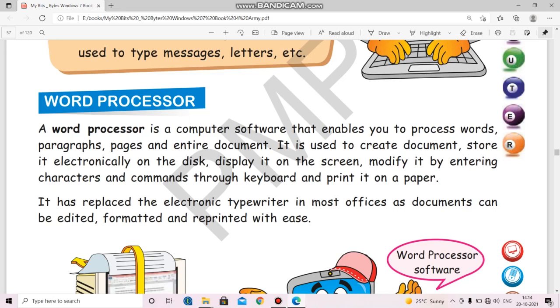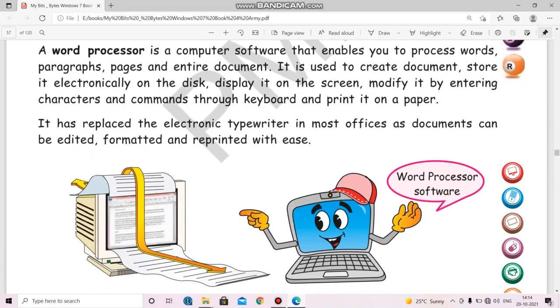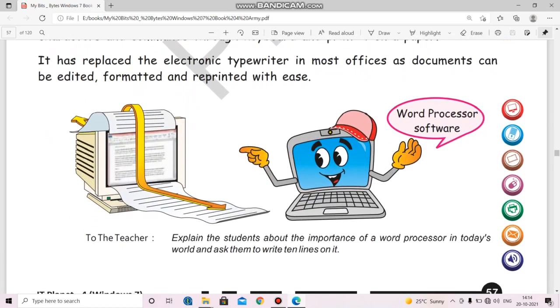After that, I showed you these two pictures. In the earlier period, people used to type with the help of typewriters, but nowadays we use computers for typing. When we were using typewriters, if any error happened while typing, that person had to retype the whole paragraph one more time.